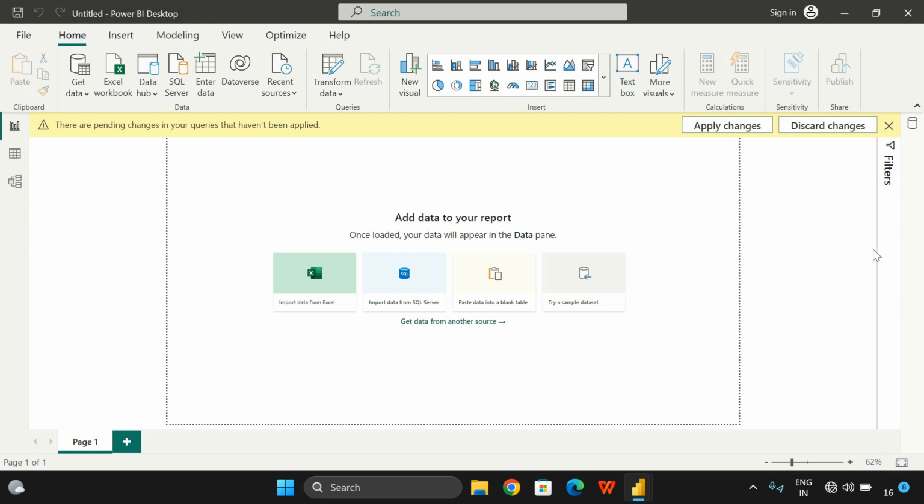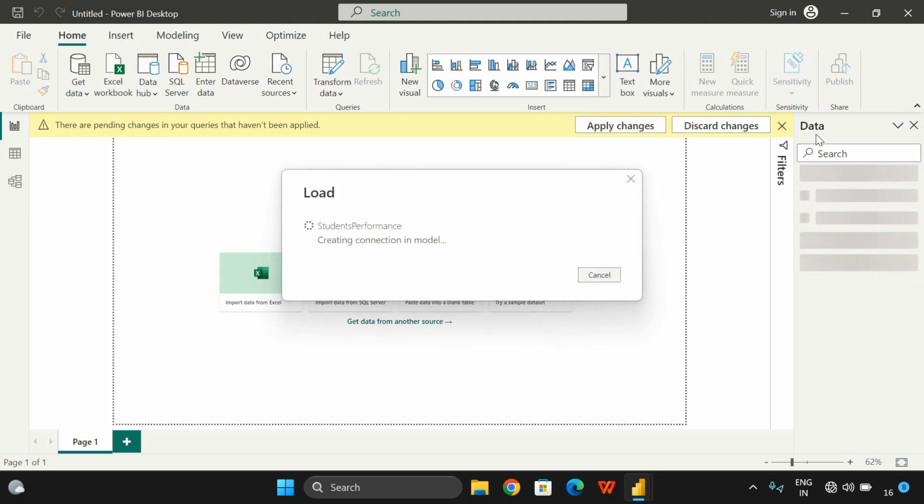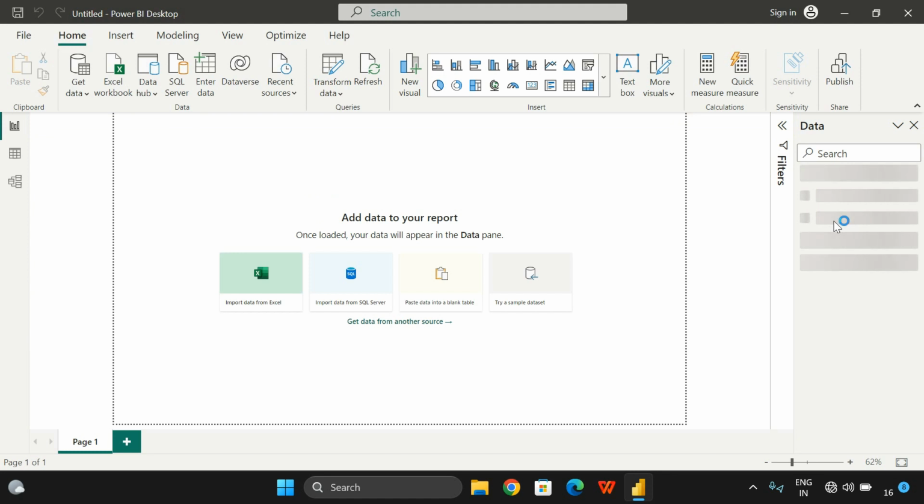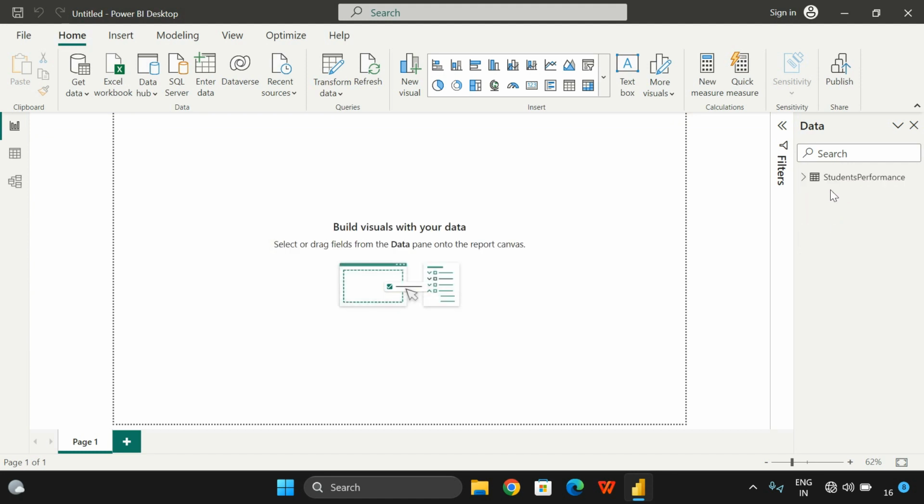Once it is done, you will get one more pane. Here you can observe one more pane called Data, right? Here you will find all the columns of that particular data set. You can observe the name student performance, and if the same Excel or CSV has multiple worksheets, all those worksheets will be available here. Okay, now see,